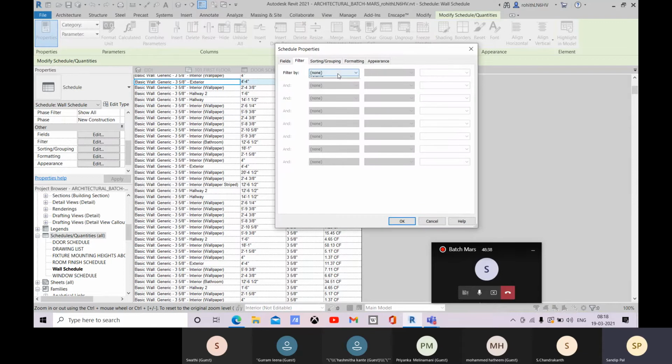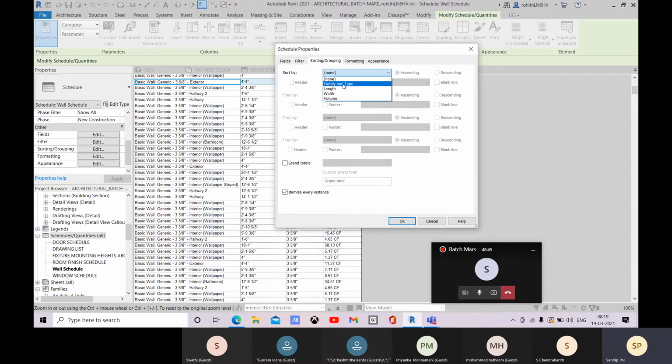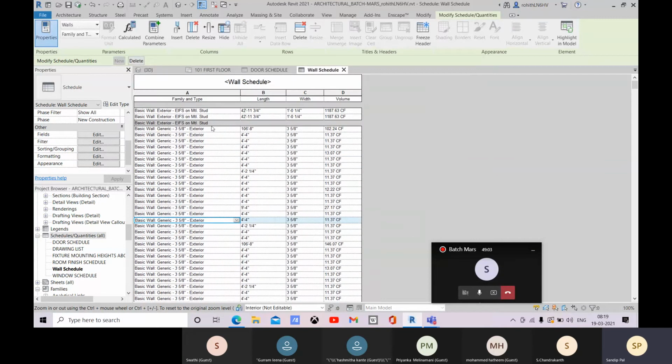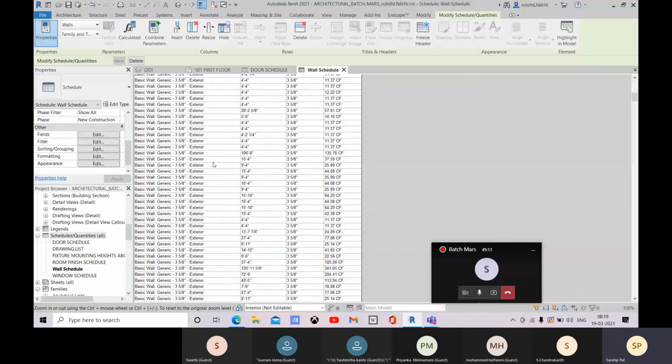I have to sort and group, sort by family and type, in ascending order. If I need to add a header or footer, I can do that, with header, titles and totals. Let's go for OK, and here you can see that within this type we have the exteriors, so all the exteriors first.